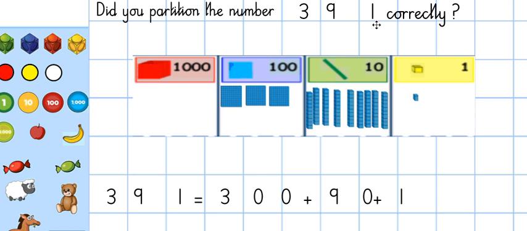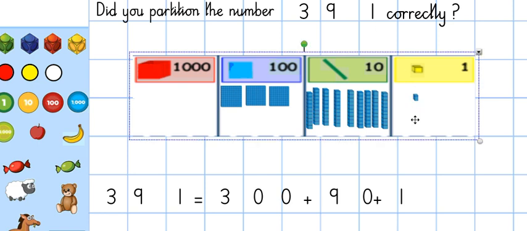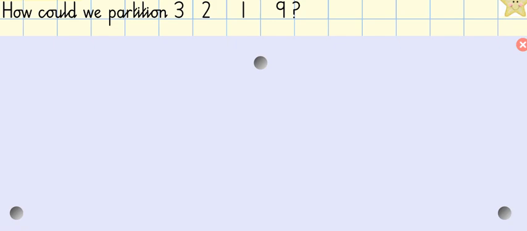And it has 1 one. And there is my 1. So 391 is made up of 3 hundreds, 9 tens which make 90, plus 1 one. If you did that correctly, brilliant job. So how could we partition